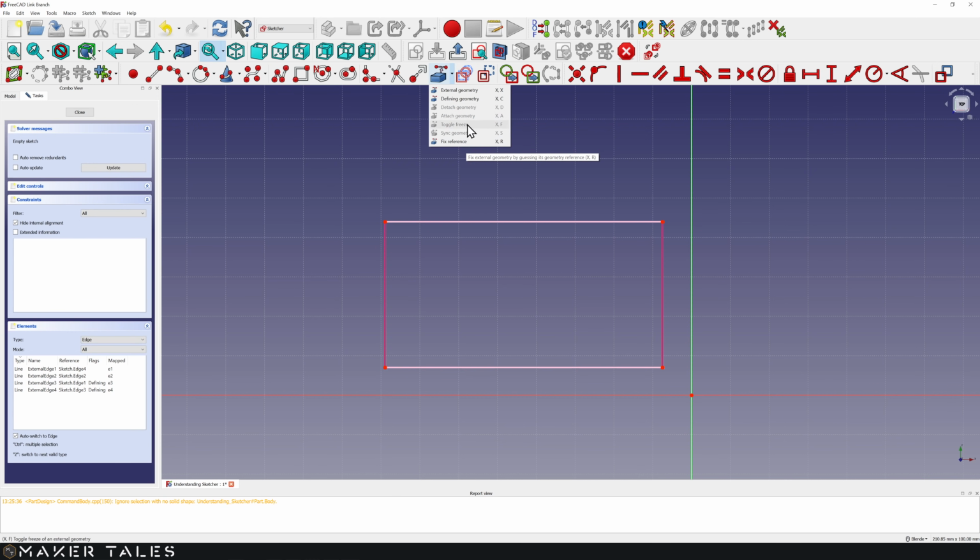But in reality, only if things go wrong do you start using these, or if all of a sudden you've decided, actually, I love it where it is right this minute, but I no longer need it to be referenced, that's when you use these tools. So I'm not going to show you them. What you read and what you see is what they do. There's not much to it.